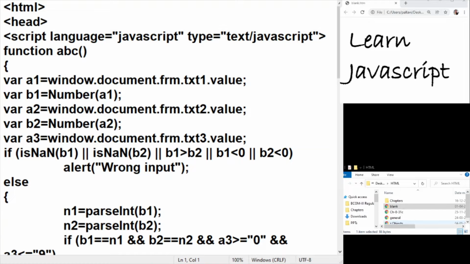Hello everyone. Let us solve the definition to read a range and to read a digit and locate all the numbers where that digit is occurring only once. So we have read the range in A1 and A2 from the text boxes and converted them into B1 and B2, that is the lower limit and the upper limit.